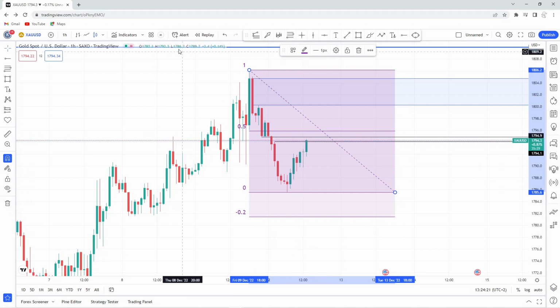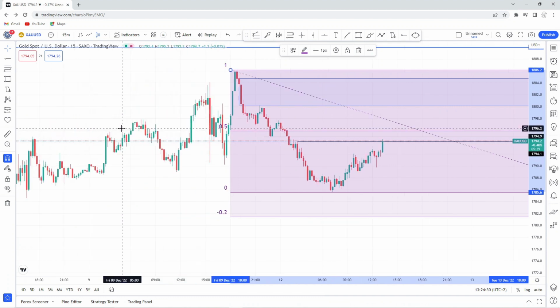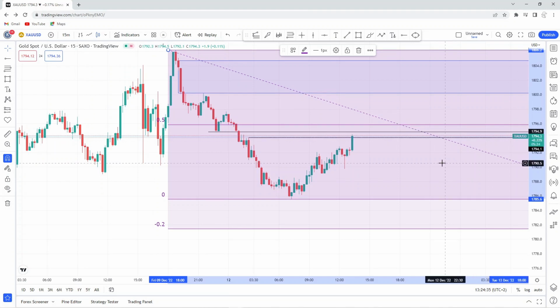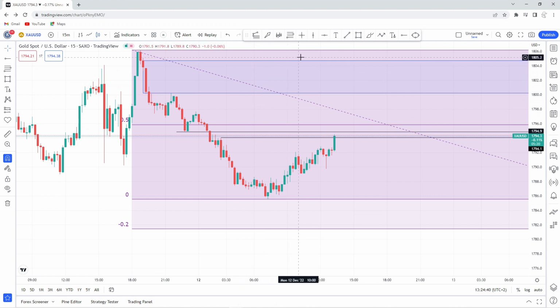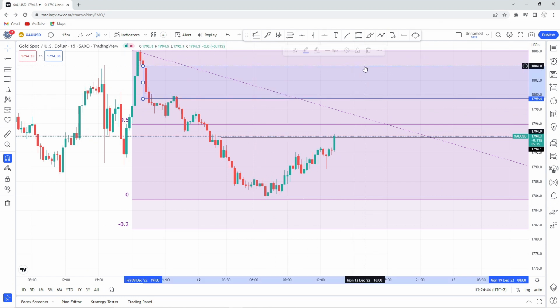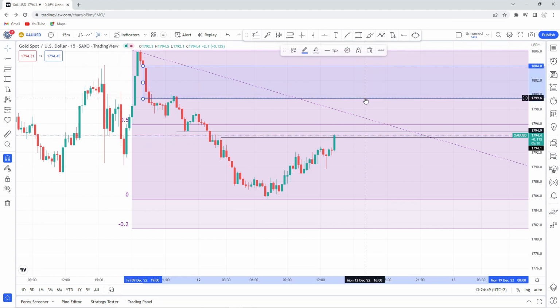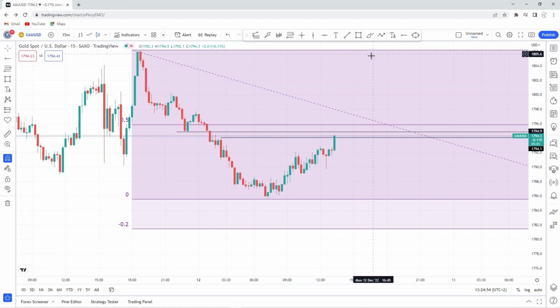Doesn't matter what percentage you're using. The point is to protect your account for it to survive the next round, right? That's all that matters. You just need another chance to enter again. So for every entry that you make, make sure you put aside the capital to have another trade. That's basically it.